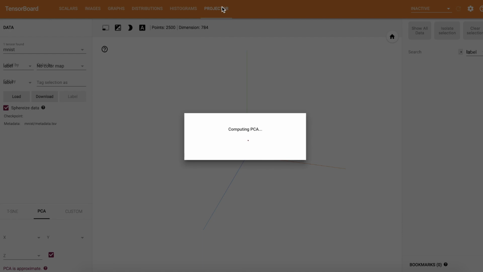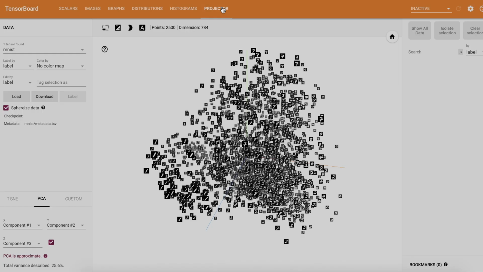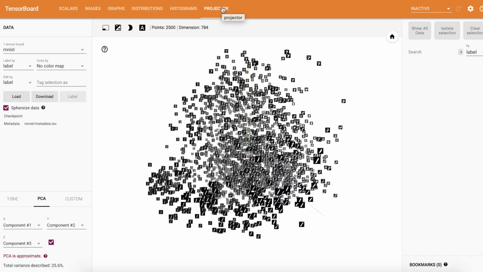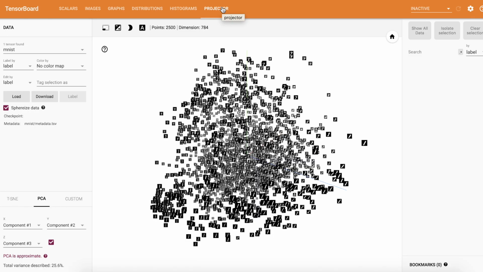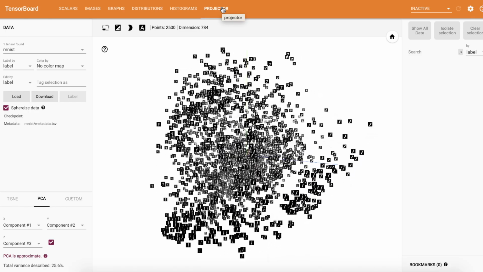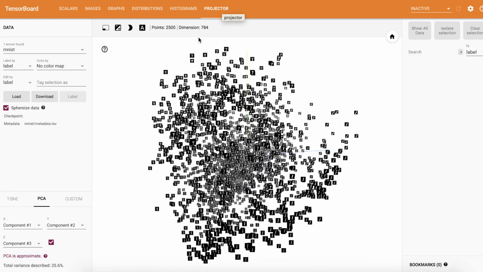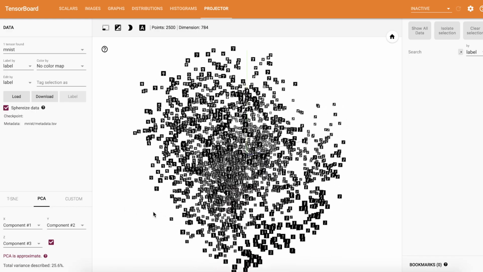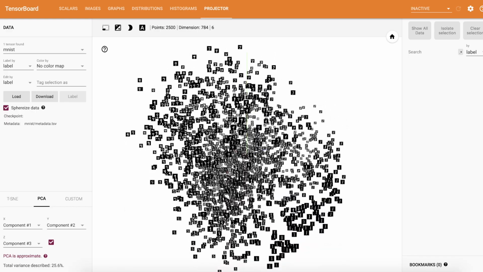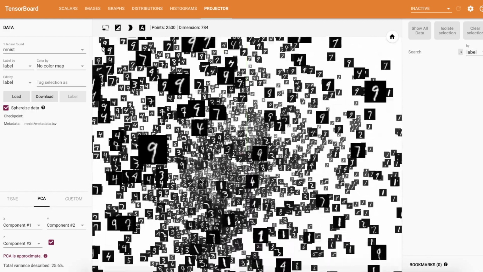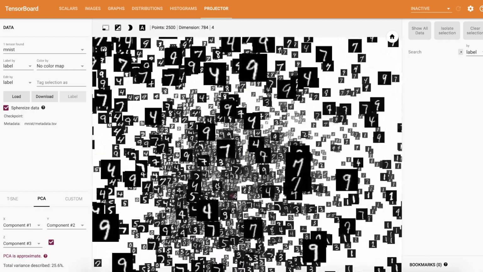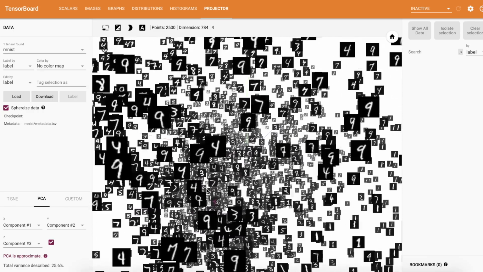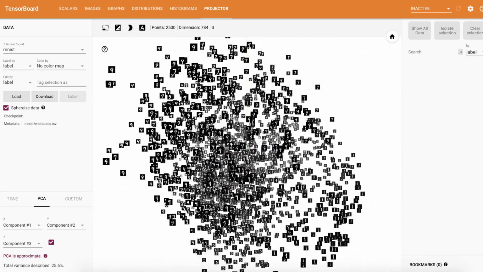We should be able to do some visualizations. By default, it's going to do PCA analysis and visualize the first three principal components to give you the most variance between all the points. We have a nice rotation effect going on by default, so we can see our feature space, and we can zoom in and out of this point cloud. And you'll see the points are actually represented by the images themselves,